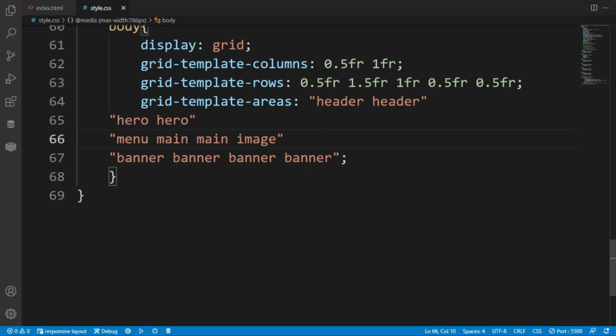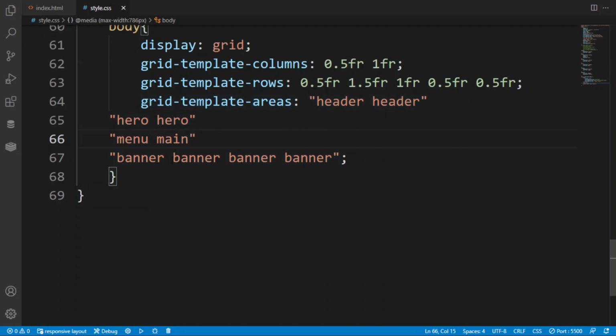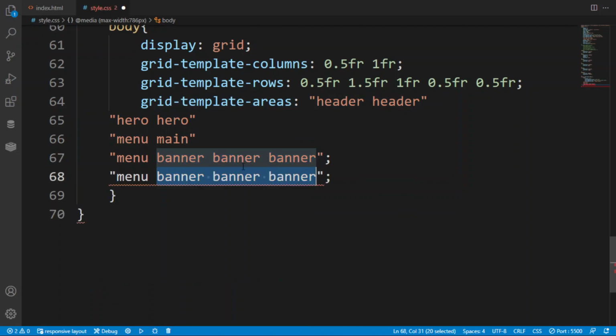So here in this I have cut the main and I have written the menu, and here in this there have been menu and main. So if you have taken a screenshot of the layout, then you will be able to resolve how this thing has been working. So here in this banner I have copied it down, just cut it.